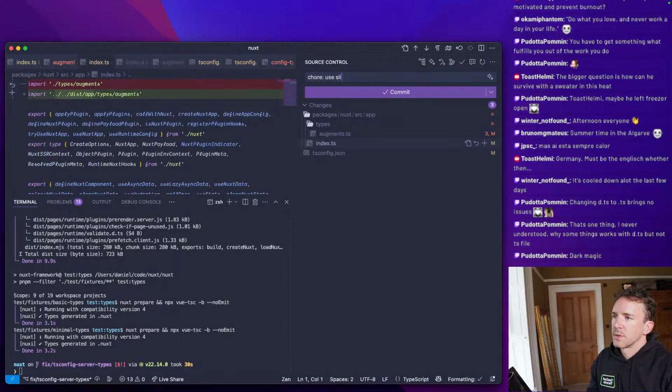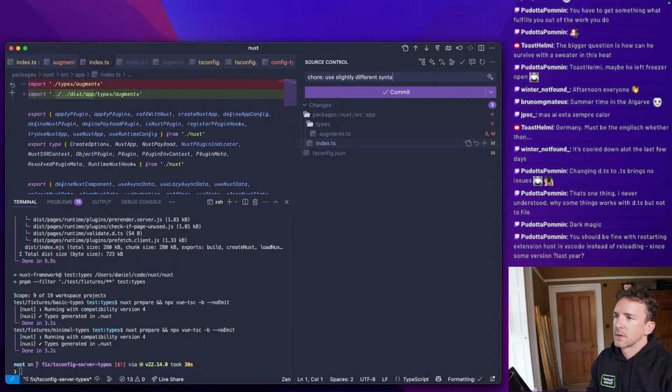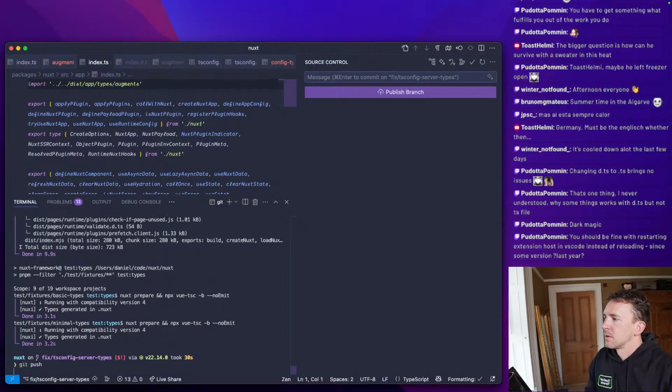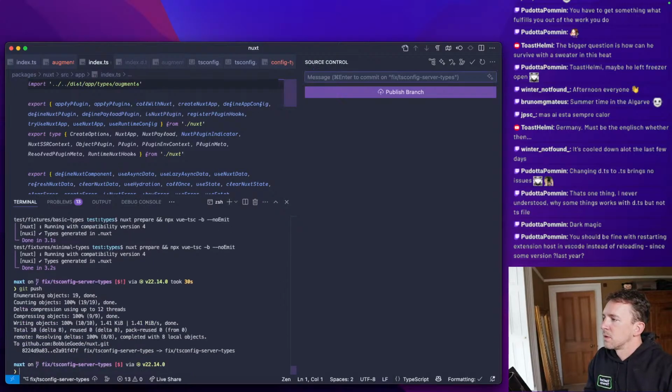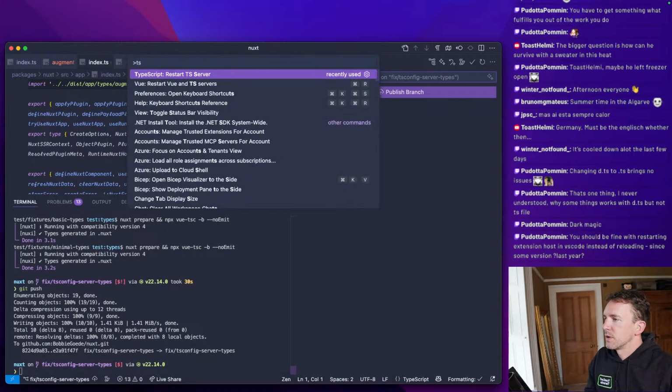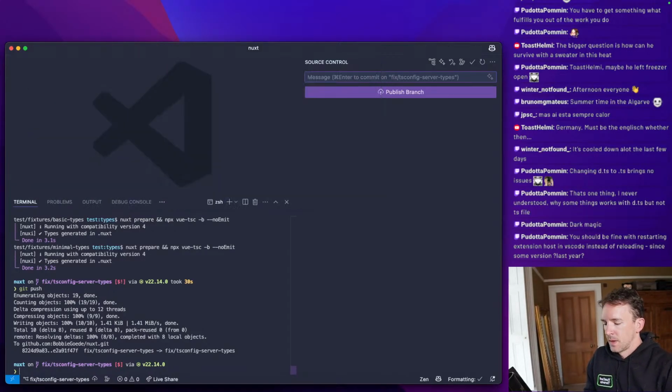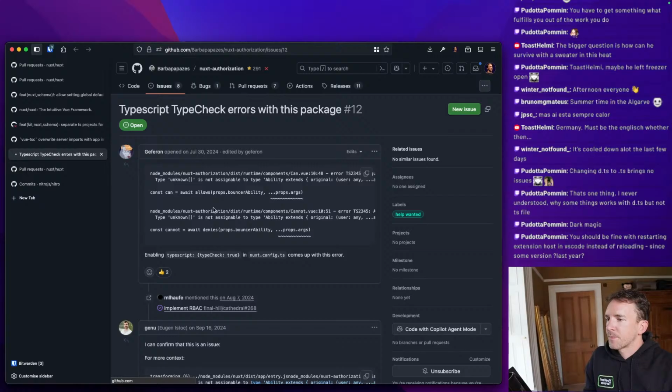Chore: use slightly different syntax for augments. I only reloaded the TS server. I didn't reload VS Code, which I think is the most minimal. So it's just restarting TypeScript. Okay, so